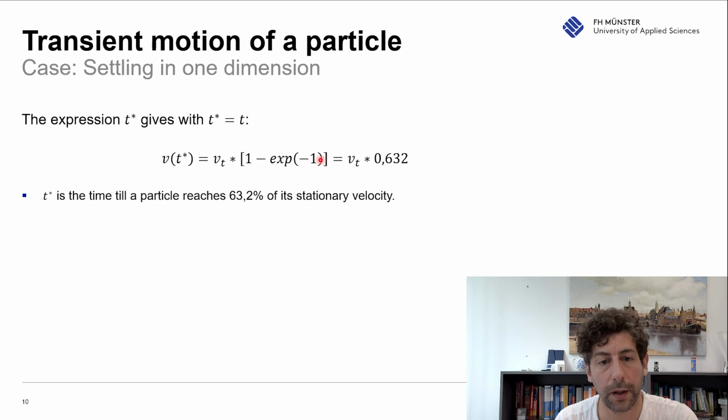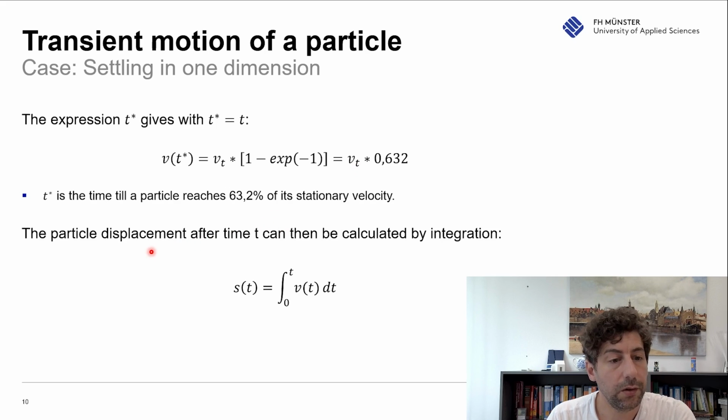If this whole part goes to 1, this one goes to 1, and then the velocity is just the terminal velocity. So there is no acceleration, and the equation from before for the terminal velocity is the same as we get here, even if we consider acceleration. But after the time the acceleration is done, just Vt is left. So what you can also do is say the particle displacement after time t